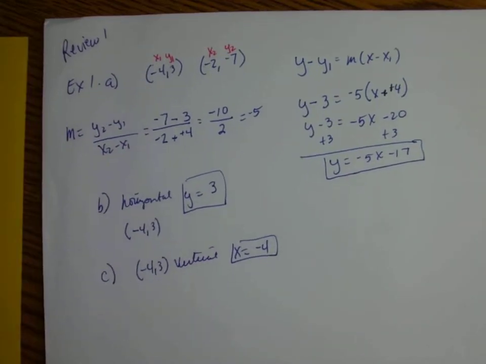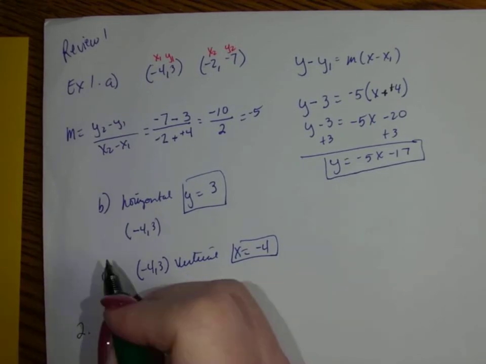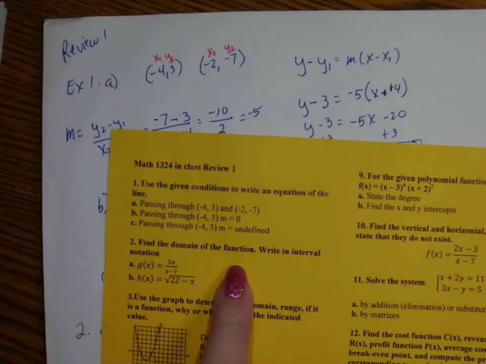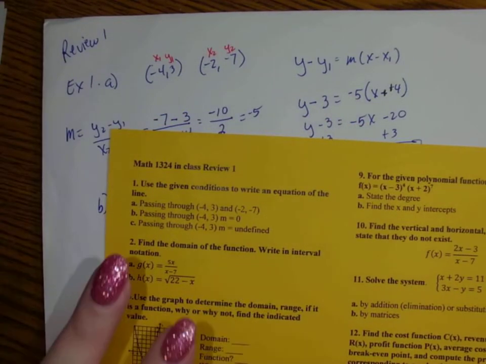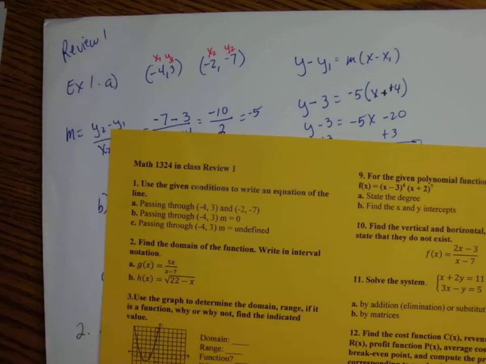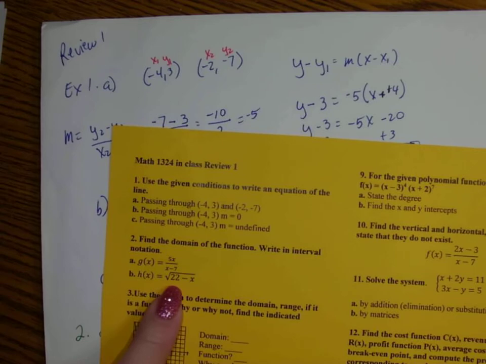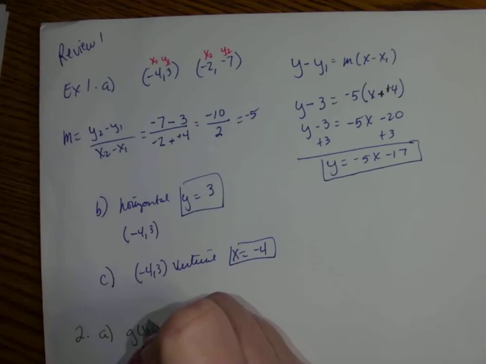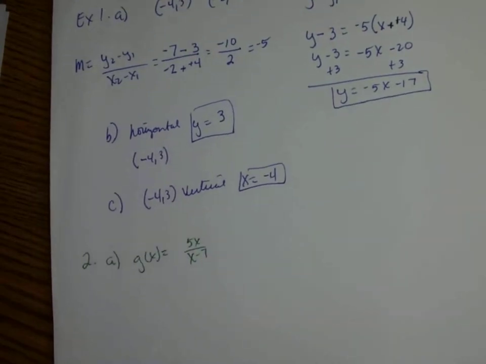All right, our next problem, number 2, part A, it says to find the domain of the function and write in interval notation. So there's 2 things that we have to worry about with domains. One is can't divide by 0, and the other one is you can't take the square root of a negative number. So on our first problem, where we have g of x is equal to 5x over x minus 7,